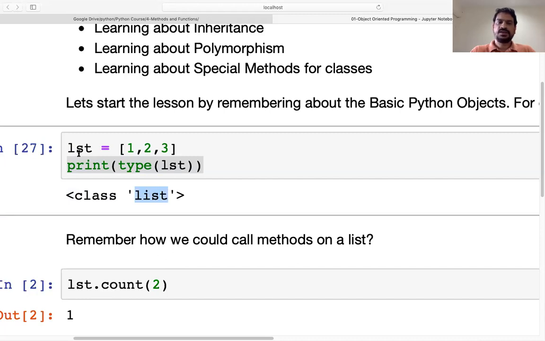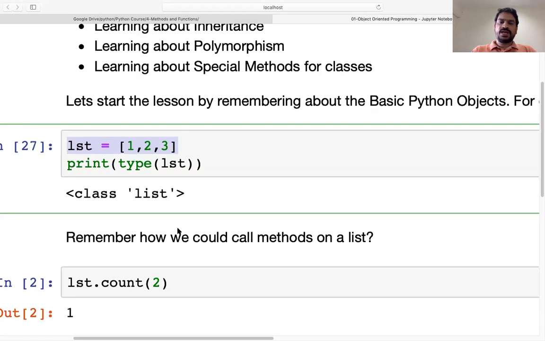It means that first is an object that we have created of the class list, right? So that's why it is written class list. First belongs to the class list. And what is first? First is nothing but one object. So we have created one object here. And which type of object is it? It is of list type. That is how we interpret it, or say it, in Python. So first is an object of type class list.